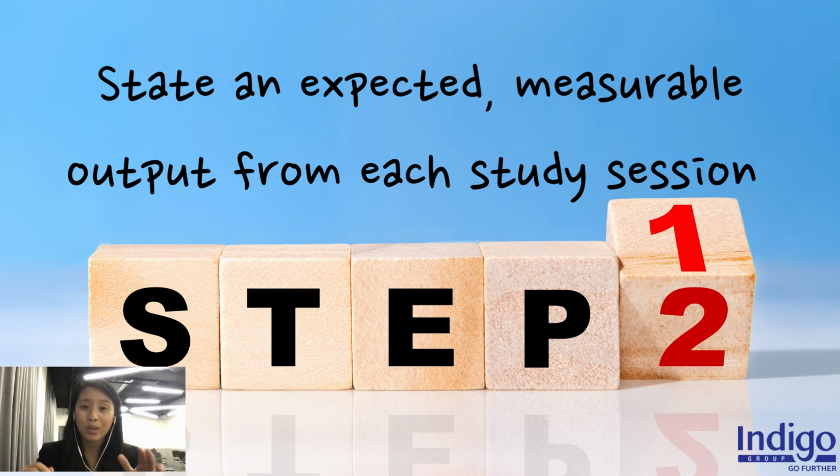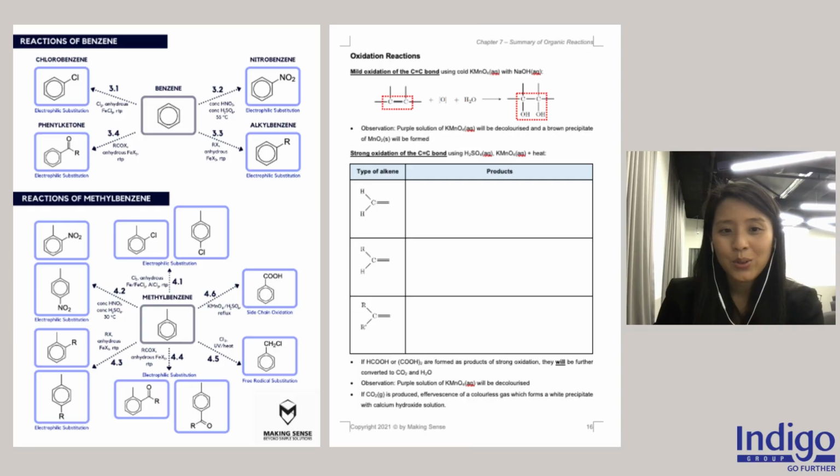And how can you do that? Within that time frame, make sure that you have an expected, measurable output from the study session. So let me give you an example. If your plan was to study chemistry on, let's say, alkanes for the next hour, then before you begin your hour of studying, you would state on a piece of paper, stay focused. Today's learning outcome is this. I will be memorizing all the definitions for this chapter in alkanes,